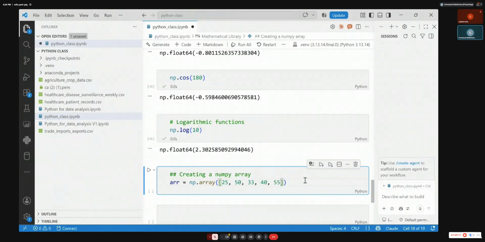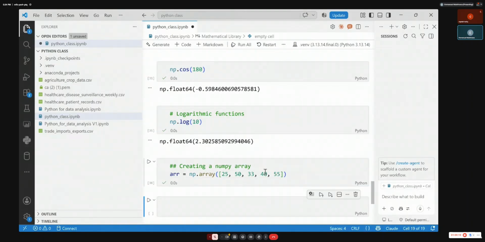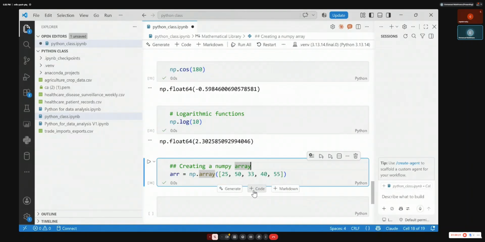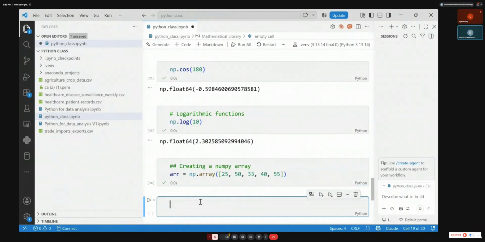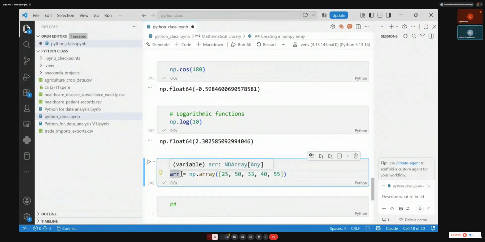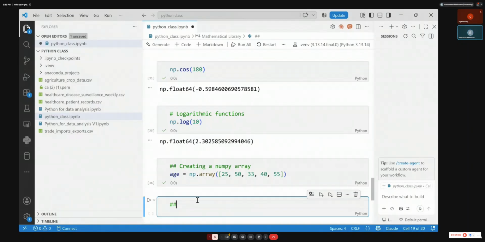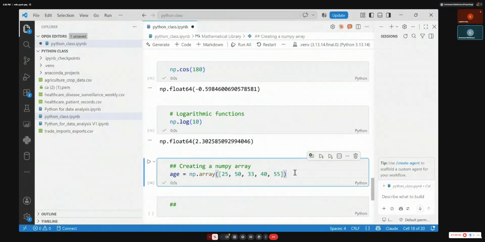So if I ask you the average of those people, you can simply use a function. Let me call it age instead of just average, or array. I don't want to use something that can confuse you. Now let me say that I need the average of those ages.